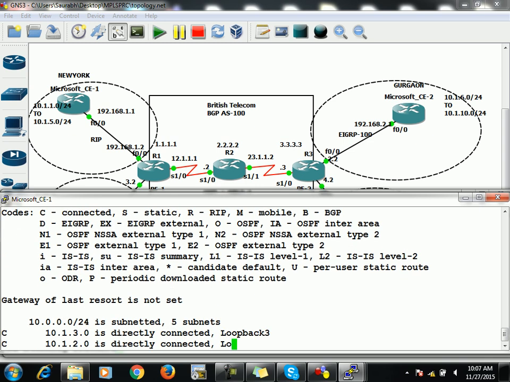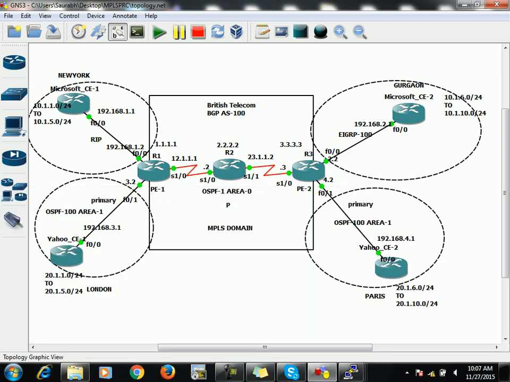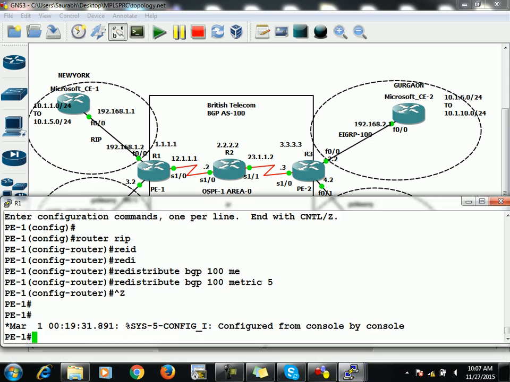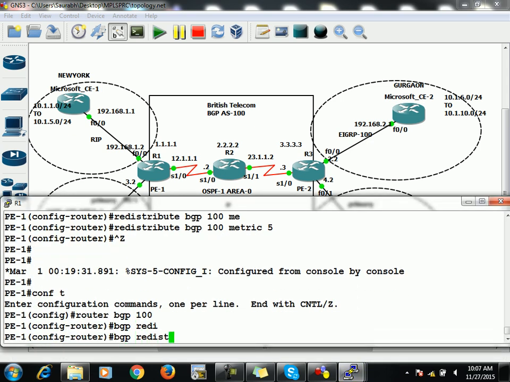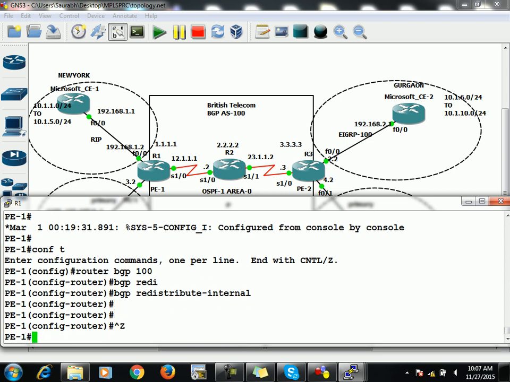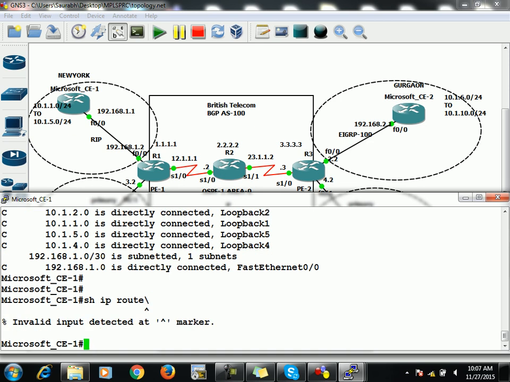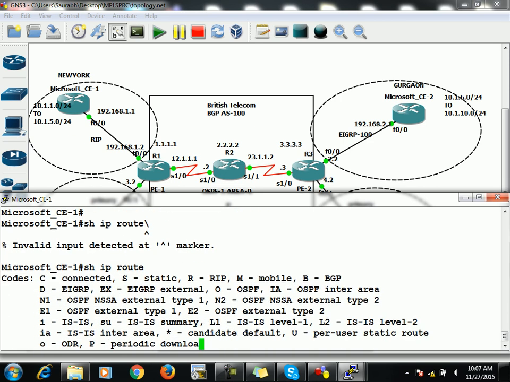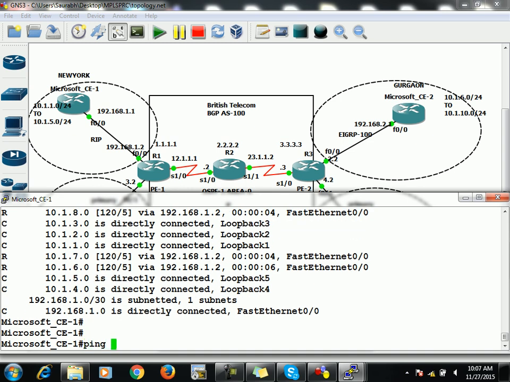None of them was redistributed into RIP just because of the BGP rule, right? So once again, move on PE1, router BGP 100, and say bgp redistribute internal. Once you configure this command, you must be able to see all of them available. Yes, and now you can ping